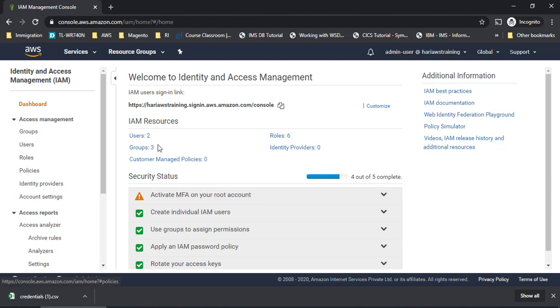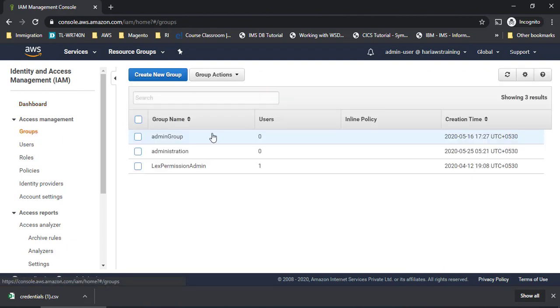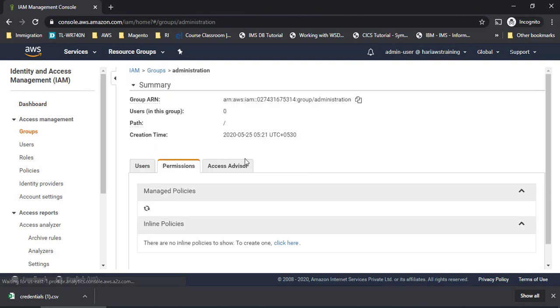That's how we have seen how groups are important and how we can assign multiple users to one particular group, making our lives easier rather than attaching each and every single policy to each and every user. It is very easy to create a group for similar kinds of activities done by people, and then we can assign users to it. We can also do one thing: we can go to groups, and suppose this is the group I want to add users to.